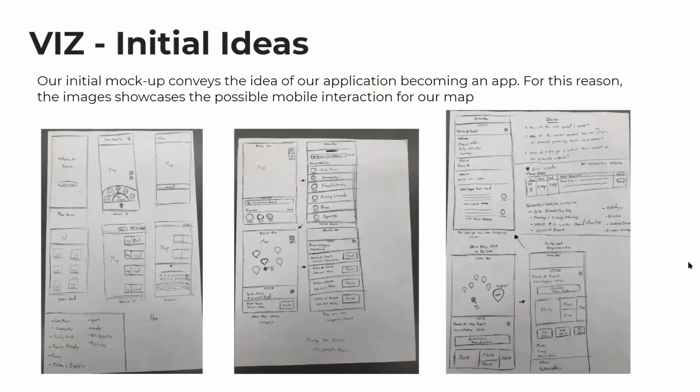For our initial ideas, we have created these mock-ups, which represent our initial idea of wanting it to be a phone app. And within these pictures, you can see how we are trying to create the concept of how the user will interact within a mobile device. As they are clicking on the device, they'll be able to see the location pings and everything else. You can change to the next slide.